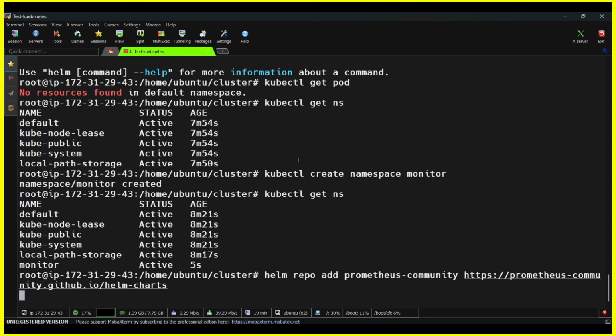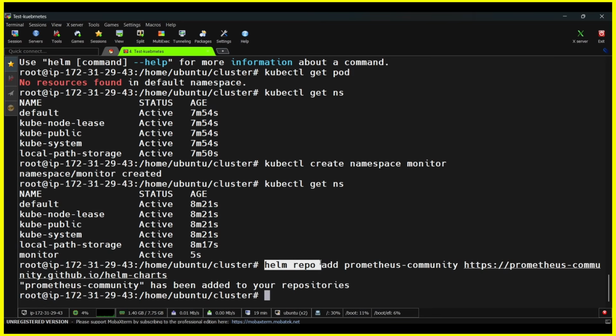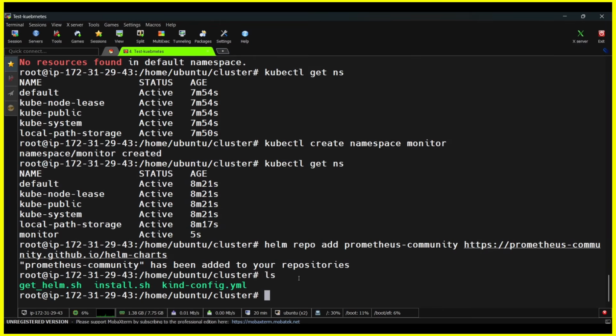and hit enter. So now what happened? Helm repo is like using the git command to clone our repository from GitHub to our local machine, that is, the EC2 instance currently. In the same way, Helm can also clone any repository available on Helm repositories. Okay, so we have cloned this repository. If I run ls over here, I cannot see it,